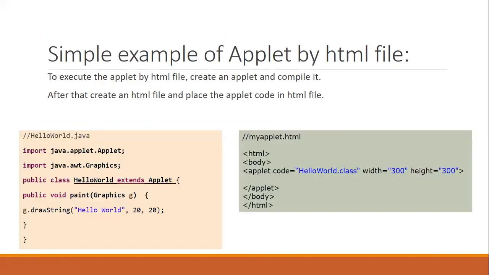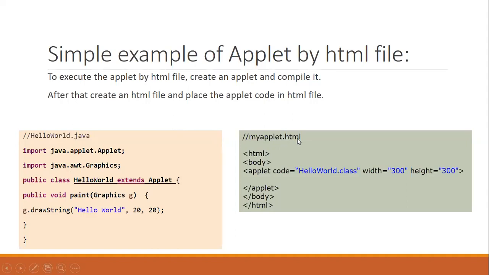Now if you check it out, we have written this applet code in HelloWorld.java. I have two imports, and a public class HelloWorld which extends Applet, and the paint method I have overridden. Now I have written this code in HelloWorld.java. What you have to do is just compile this particular HelloWorld.java file. Your HelloWorld.class file will be created. We know that when we compile a .java file, a .class file will be created.